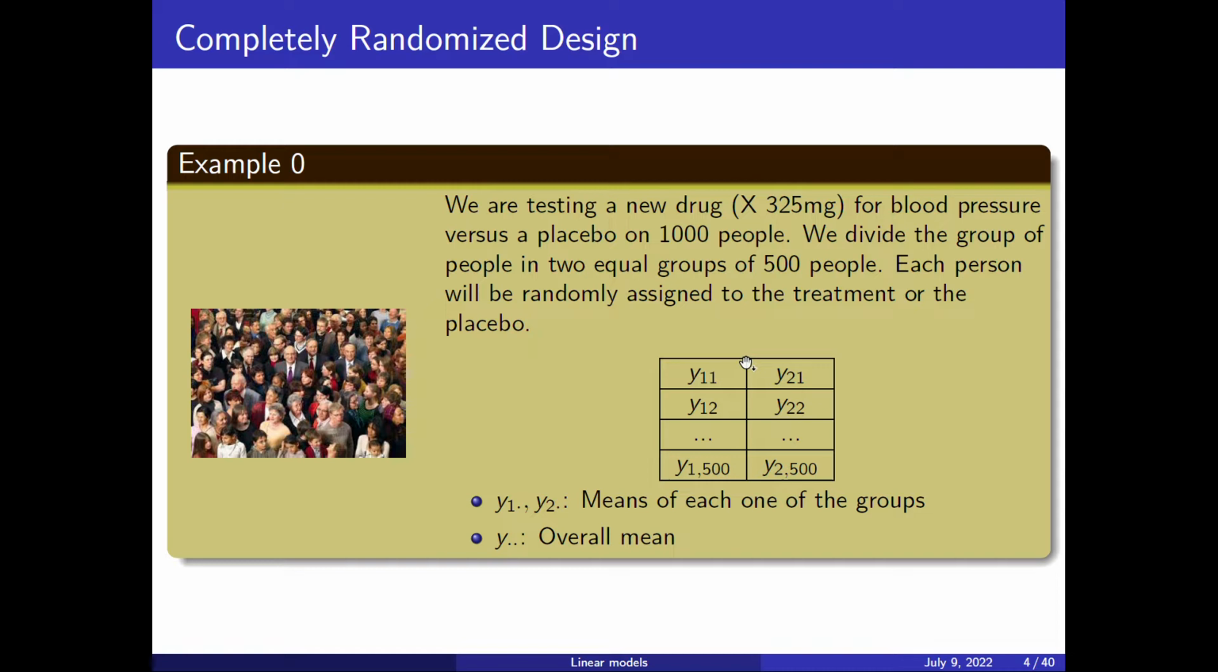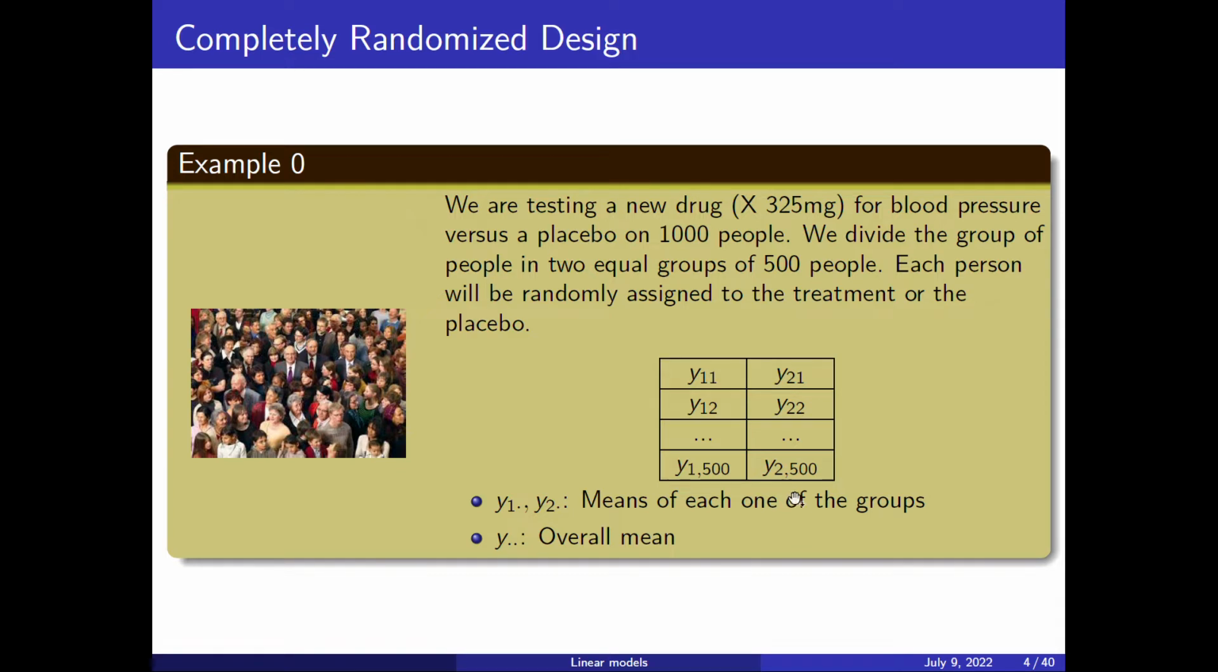For one of the groups we will give a placebo, the other group will receive our drug at a given dose, and we will randomly assign the people to each one of the groups, and we will have, for instance, the systolic blood pressure for each one of the people. And we have this notation where we have two subindexes. The first one is the group where you are, and the second one is the person within that group. So we would have group 1, person 1, group 1, person 2, group 1, person 500,